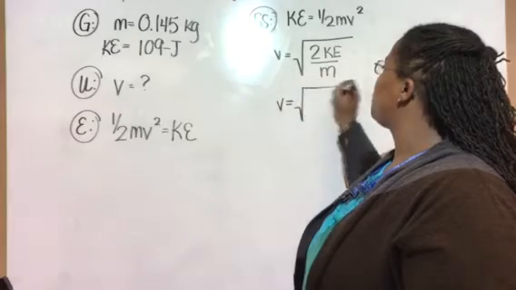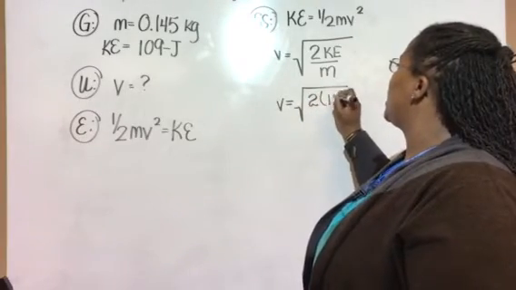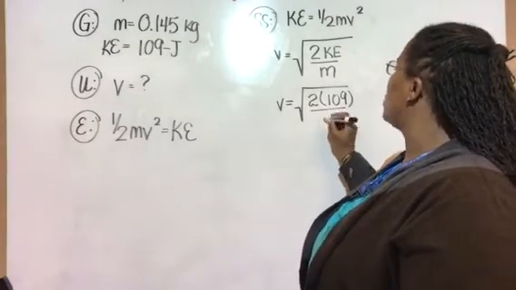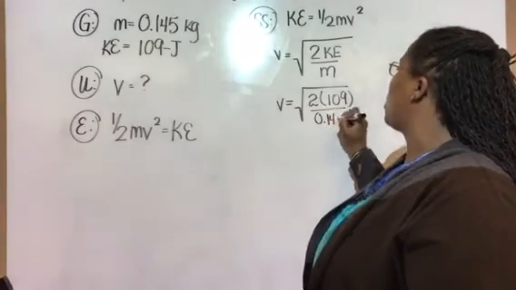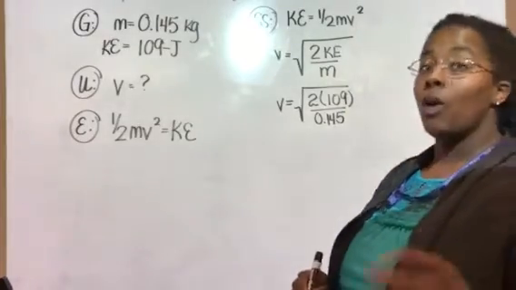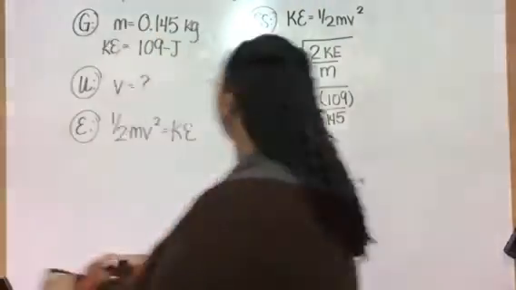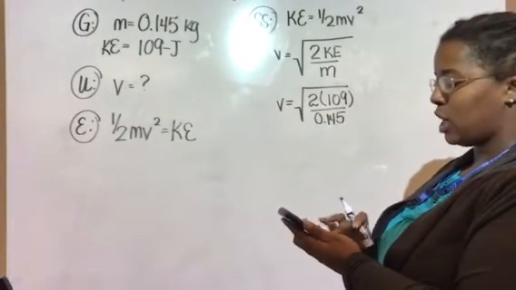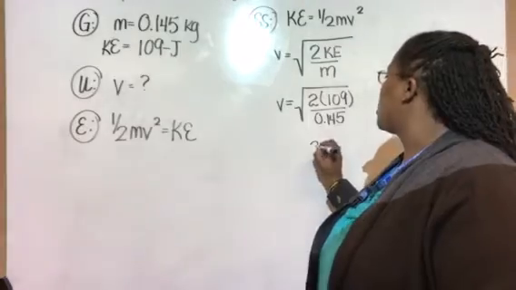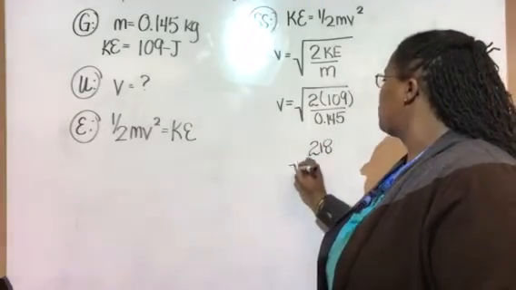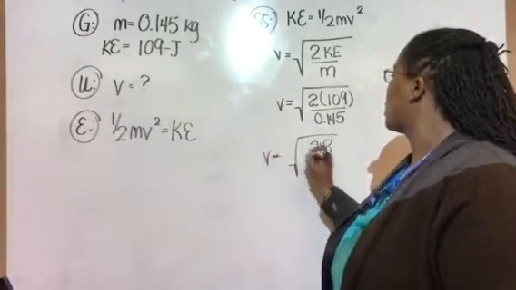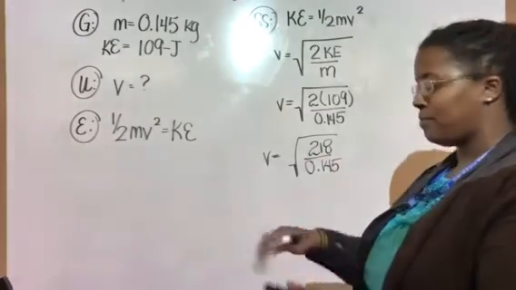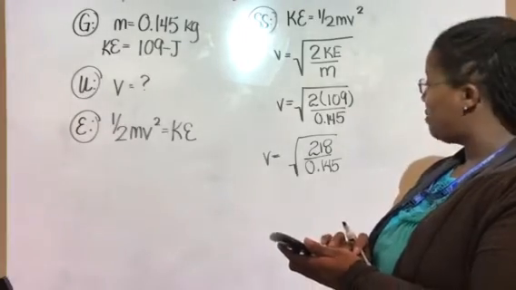v equals, remember for kinetic energy, we had 109 joules, and our mass was 0.145. Grab your calculator. We'll first multiply our two numbers on top. So 2 times 109 will give you 218. And you still have your 0.145 on the bottom. If you go ahead and divide your number,